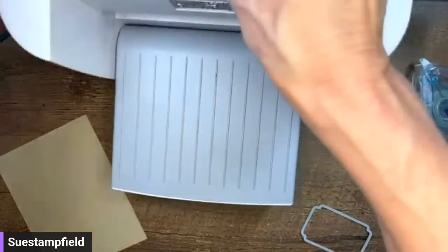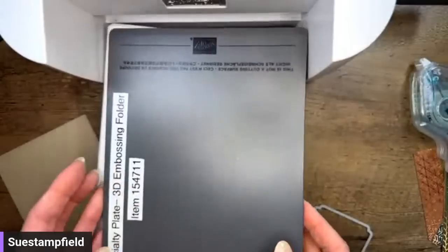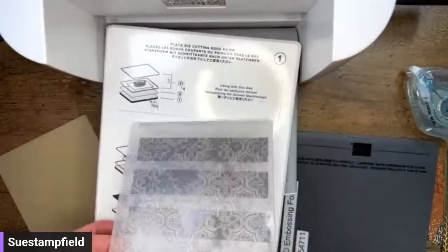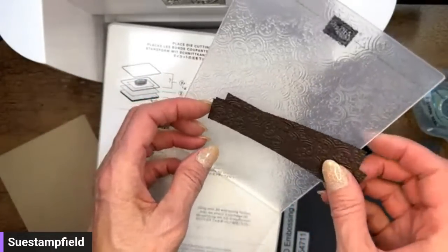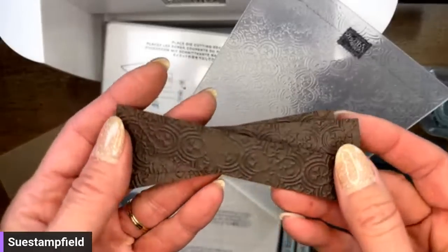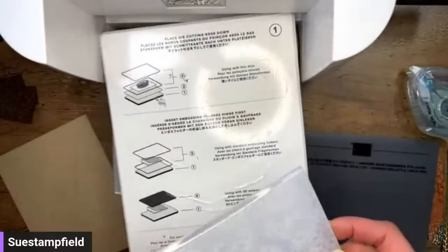All right. So we got our embossed pieces here. Again, we'll be cutting these to size, because when you emboss them, they shrink a little bit. And so that's why I cut them a little longer than I needed, and I'll just cut them to fit. All right, so now I'm ready to do my